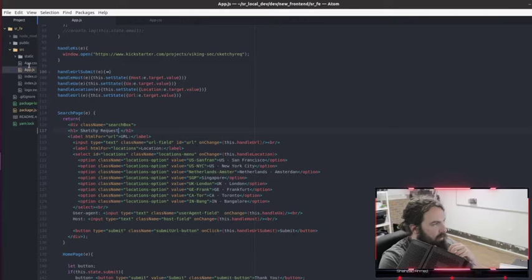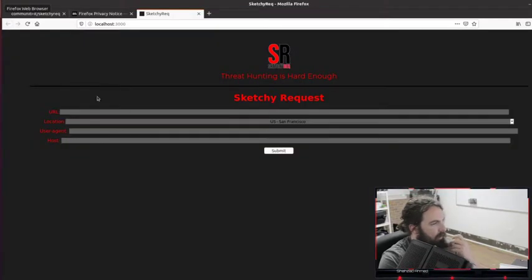So, I'm kind of thinking I want the URL to cross the entire screen. The location doesn't really need to, so I think I'm going to shrink down the location and maybe put it on the same line as the URL.